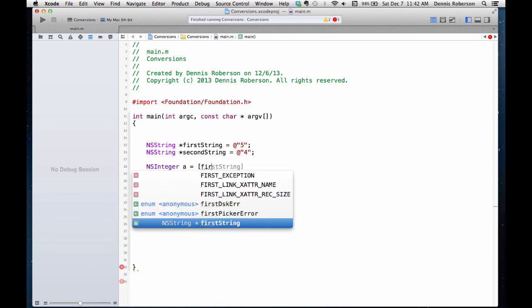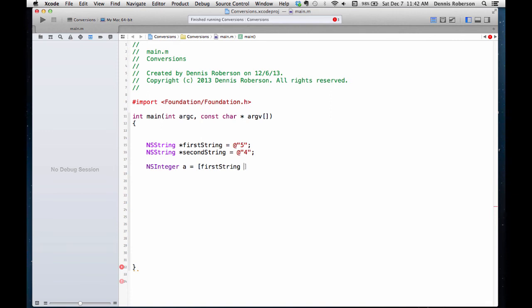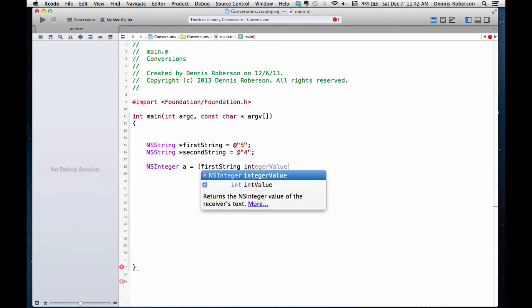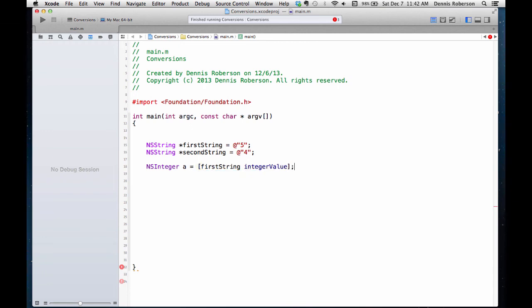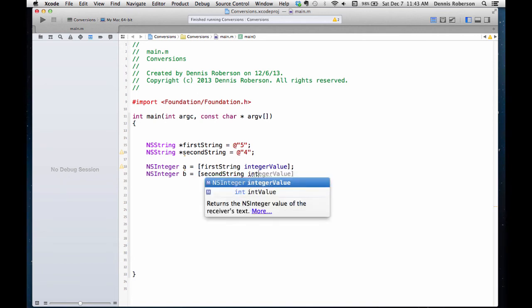We'll use firstString and call integerValue. Remember, before we used intValue for regular ints, but this time we're going to use integerValue. And we'll do that one more time for B, with secondString and once again integerValue,